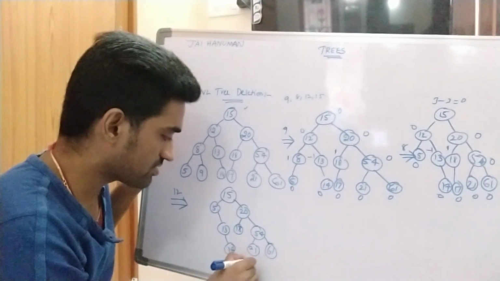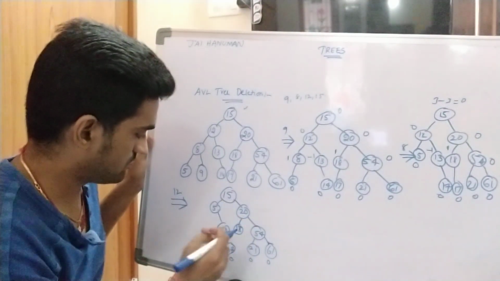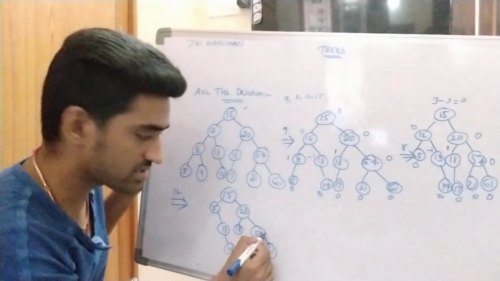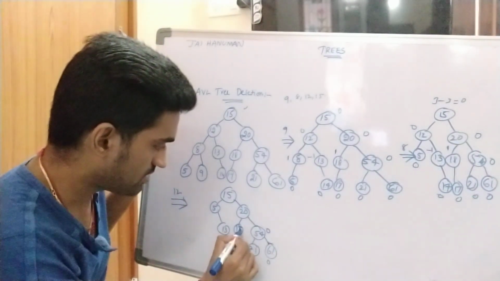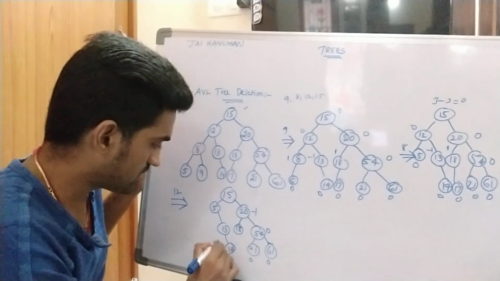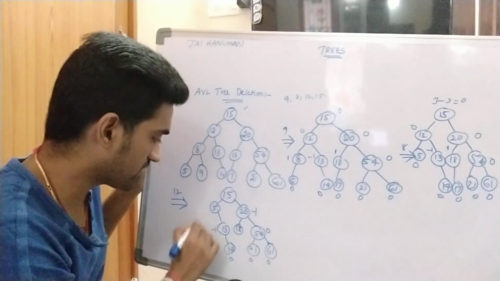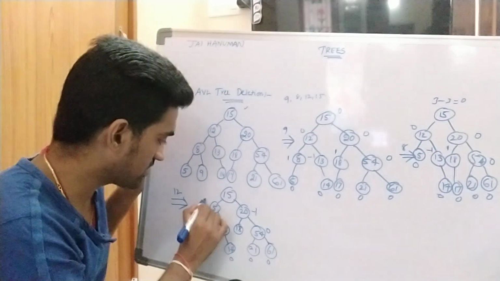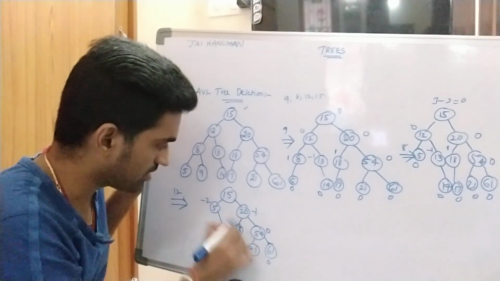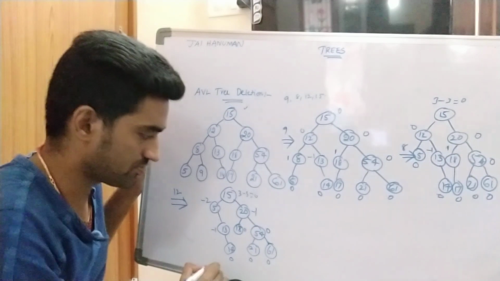So for leaf nodes, 0. For leaf nodes, 0. So here height of left subtree minus right subtree. 1 minus 1, 0. So here for this one, 1 minus 2, that is minus 1. For this one, 0 minus 1, minus 1. 0, height of left subtree 0, 1, 2, minus 2. So height of left subtree for this node, 1, 2, 3. 1, 2, 3. 3 minus 3, which is equivalent to 0. For this one, 0, right?